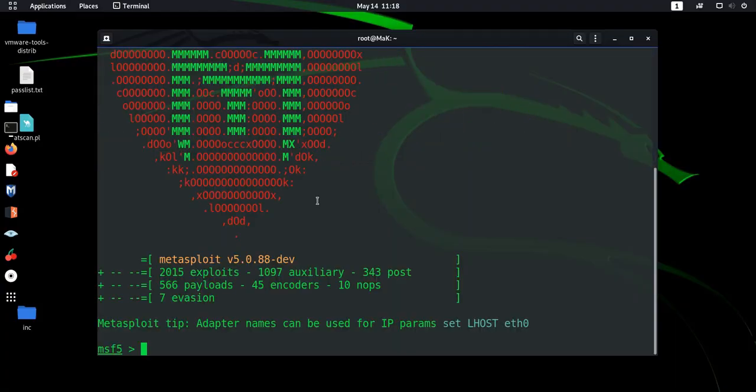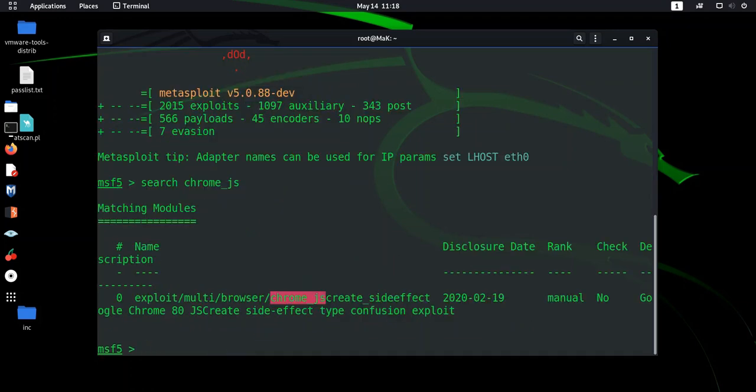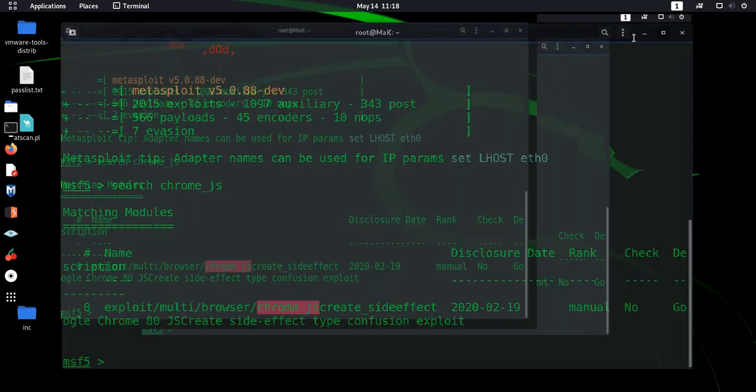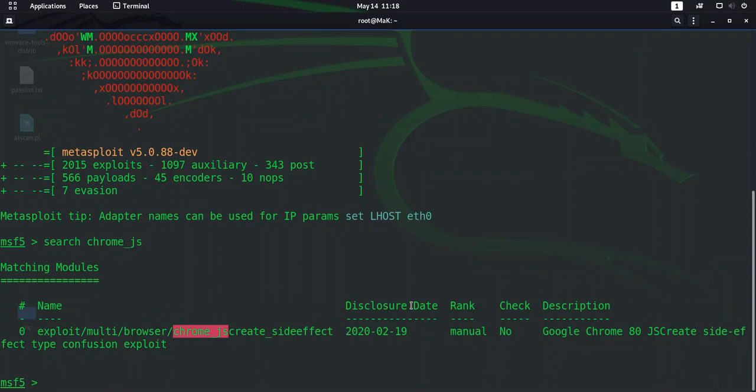Okay, so our MSF console has been opened. Let's search Chrome JS. As you can see, the disclosure date is February of this year. So let's check out our options.